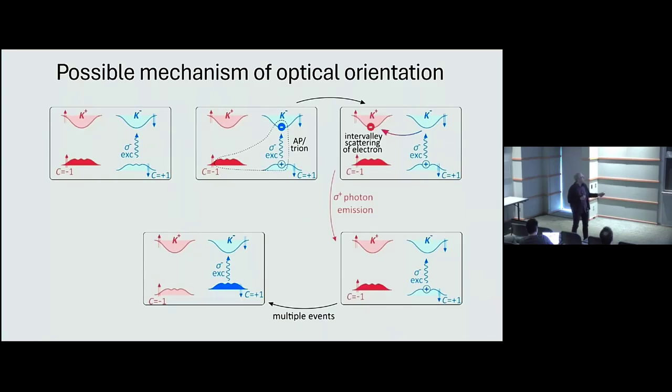Most of the time, it recombines and the system goes back to its normal initial state. But once in a while, the electron can hop from this valley to another, and in this way I can form another trion, or attractive polaron, which now can decay by emitting sigma plus light. When it does, what I have effectively done is transfer one hole onto the other state. Normally, this doesn't happen in the ground state because there's an energy barrier due to exchange for such processes.